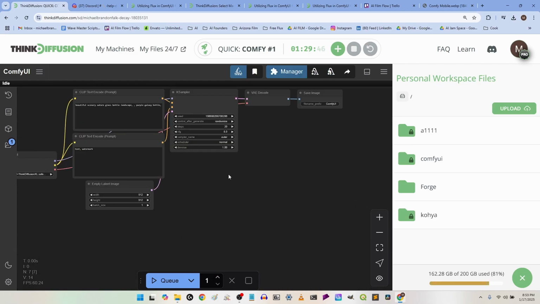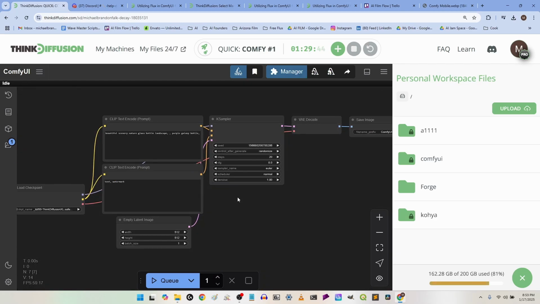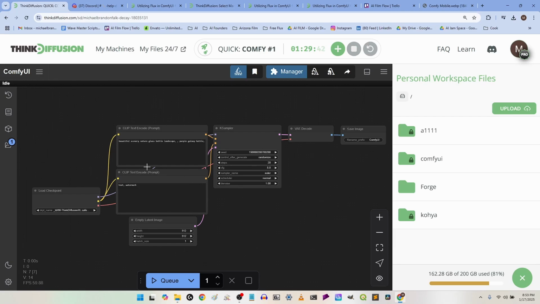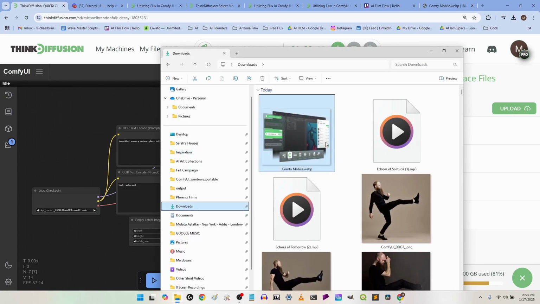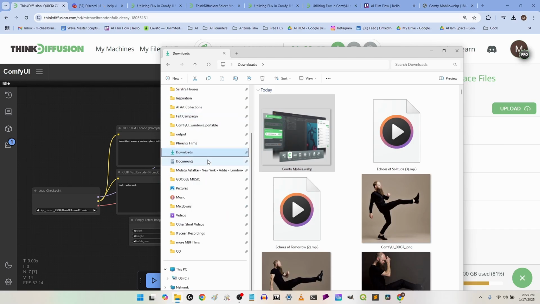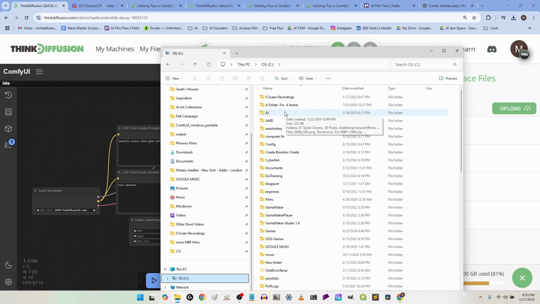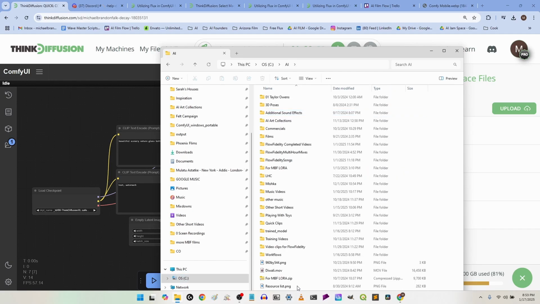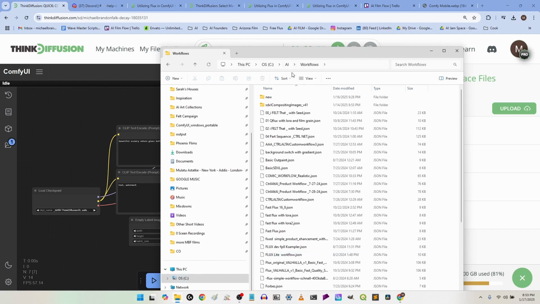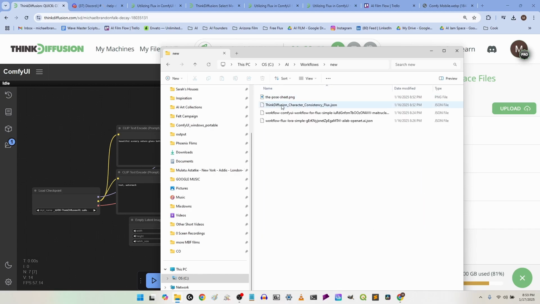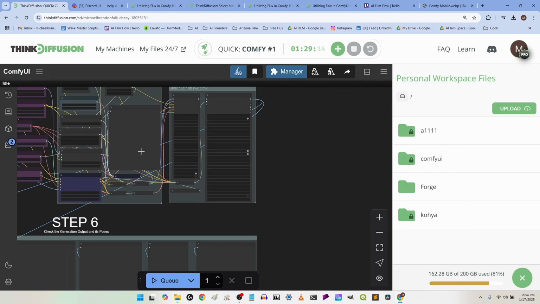And you can see it's just like a standard default workflow, and we'll dive into that more later. But let's say I wanted to import my other workflow. You would just go to your workflows folder, wherever you've saved that on your computer. That is up to you. But here's the Think Diffusion consistent character one, and you could really just drag it and drop it, whoop,